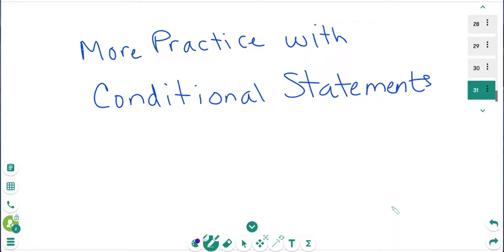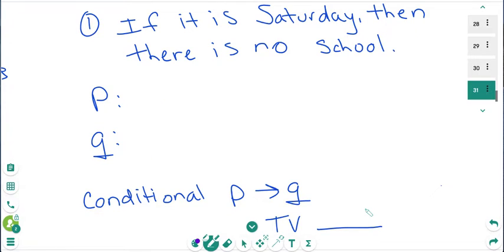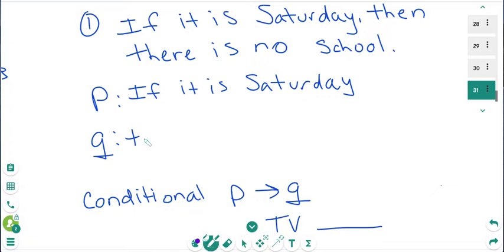We're going to do more practice with conditional statements. First thing that we're going to look at is an if-then statement, and we're going to break it down into our P and our Q statements. So the P, the hypothesis or the if statement, in this case is going to be: if it is Saturday. The Q statement, or the then statement, is going to be: